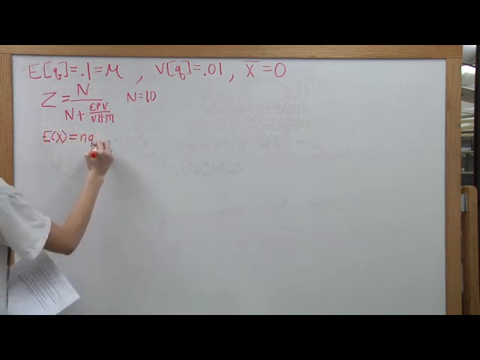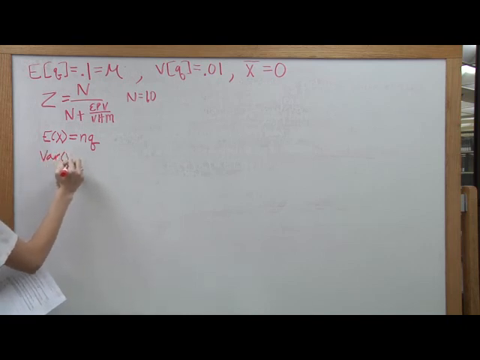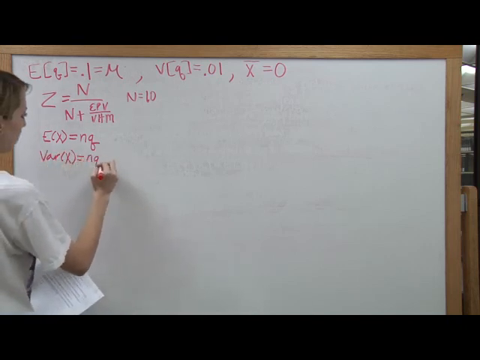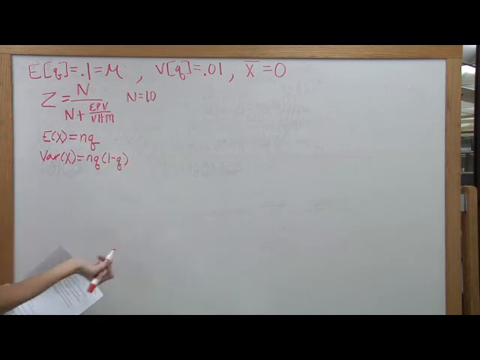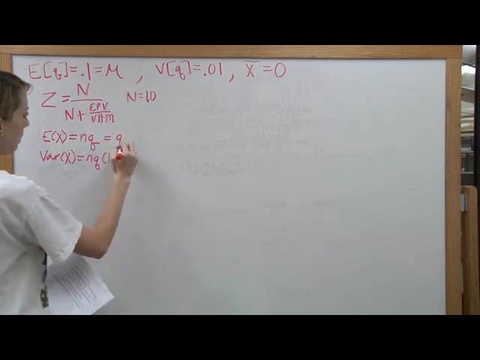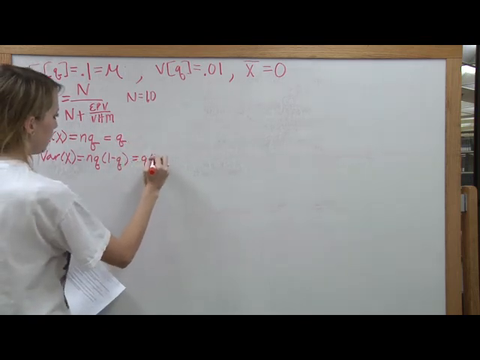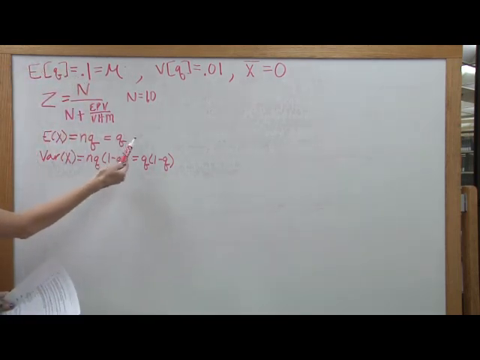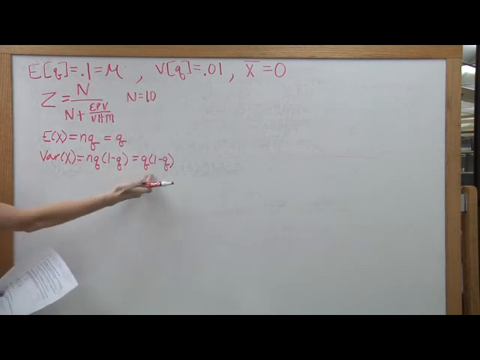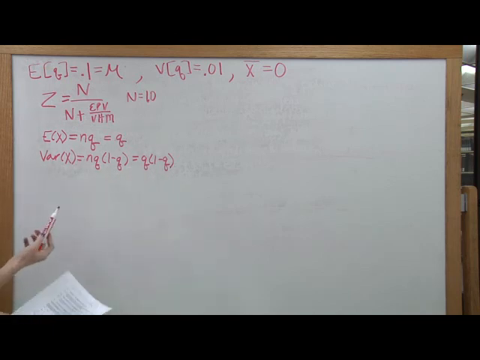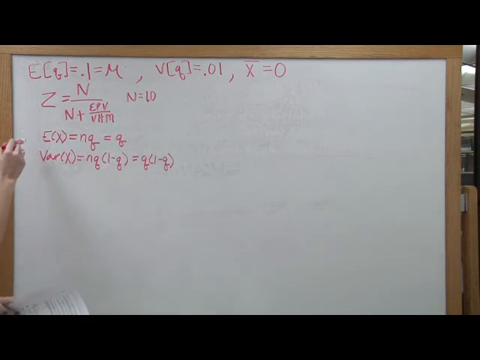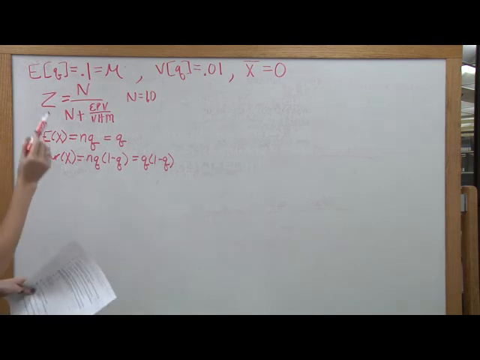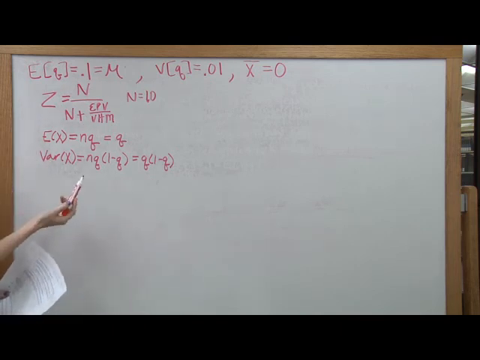So for a binomial distribution, which we are calling x, we know the expected value of x equals nq, and the variance is nq times 1 minus q. And since n is 1 in this case, this is equal to q, and this is equal to q times 1 minus q. Now we can think of this as our hypothetical mean, and we can think of this as our process variance. So we want to take the variance of the hypothetical mean and the expected value of the process variance.